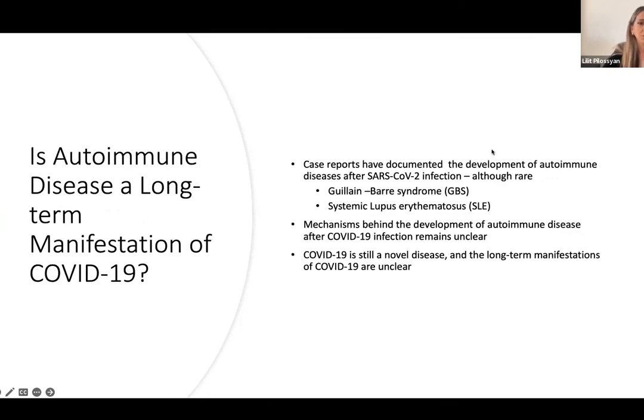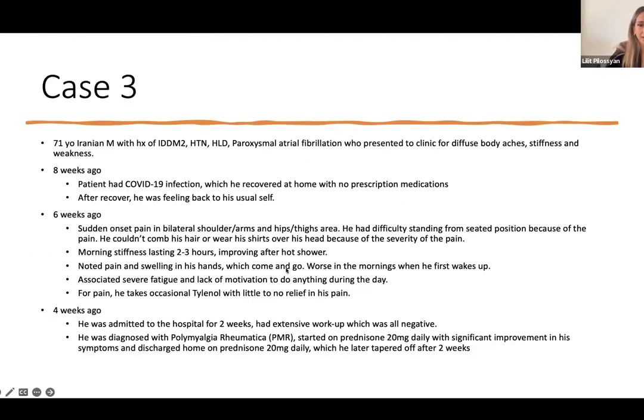So the question: is autoimmune disease a long-term manifestation of COVID-19? There have been case reports documented of development of autoimmune disease after COVID infections, although rare. The mechanism is still unclear and not definitive, obviously. COVID-19 is a novel disease and the long-term manifestations are still unclear. And I will leave this talk with a last interesting case of a patient I just had,